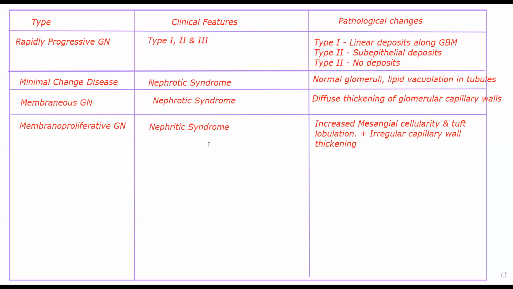Generally, in membranoproliferative glomerulonephritis, you will see three different types, or forms, of the disease. Type 1 is the classic form, type 2 is dense deposit disease, type 3 is very rare. So this also has three types: type 1, type 2, and type 3. In type 1, the patient will show subendothelial deposits. Okay, this is the classic form.